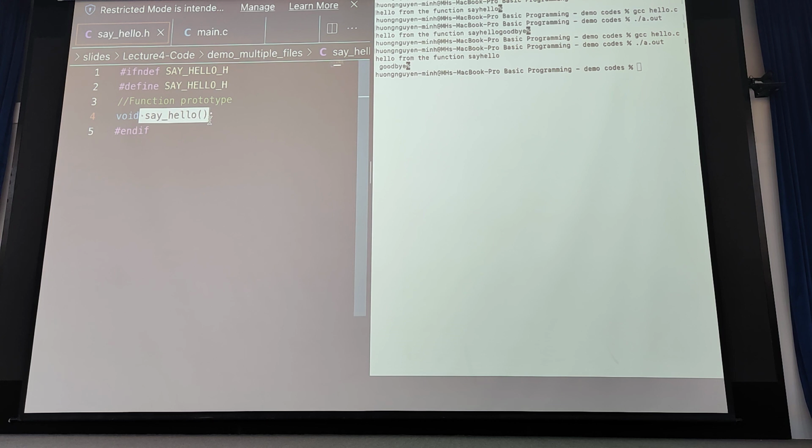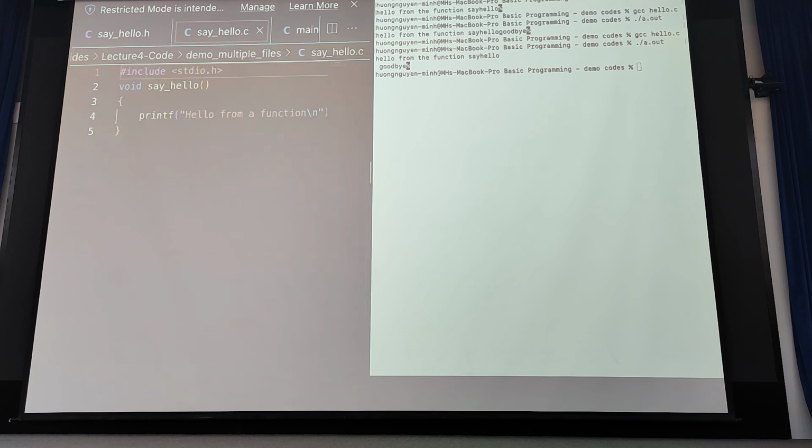You declare only the function. And in say hello.c, you define the function.